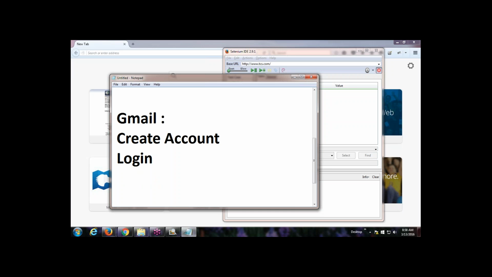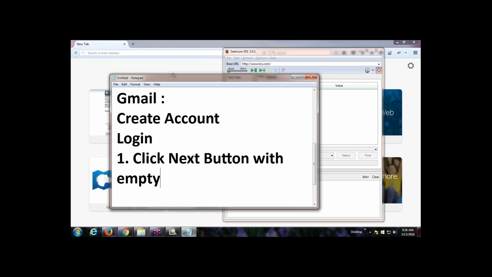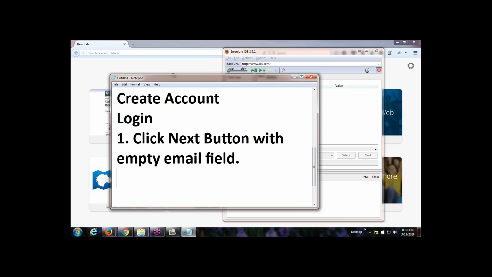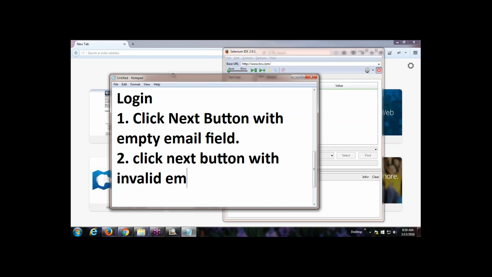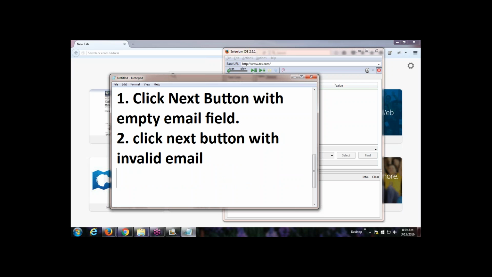Suppose we are talking about the login scenario. So what is the login scenario? In the login scenario, what will be the first test case? The first test case will be to click the next button with an empty email field. This is one test case. The second test case will be to click the next button with an invalid email. Third will be